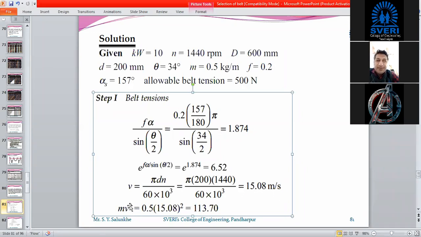The inertia which will be induced in that belt is m multiplied by v square, because half m v square is the kinetic energy, and the maximum inertia which will be provided will be m v square. That is 0.5, the weight per meter, multiplied by v square, and this is coming as 113.70. Okay, we don't have a unit.